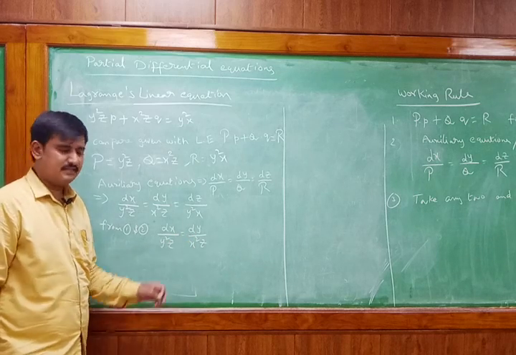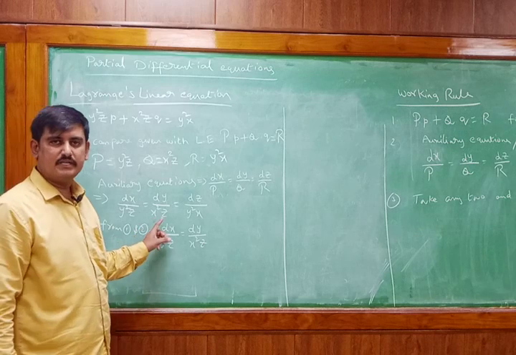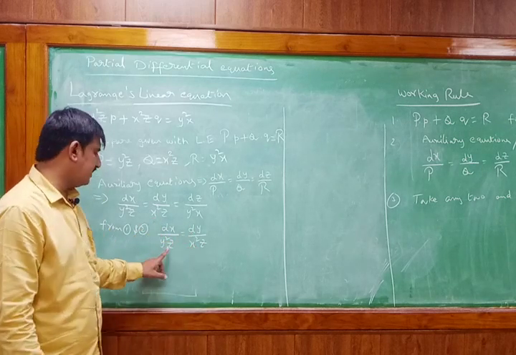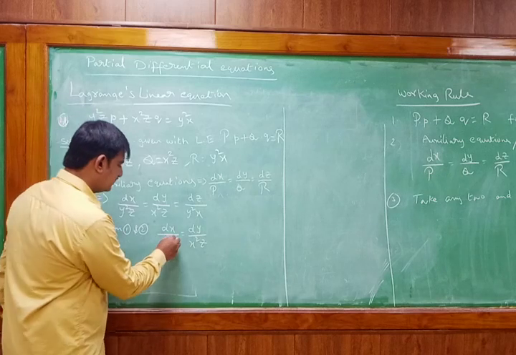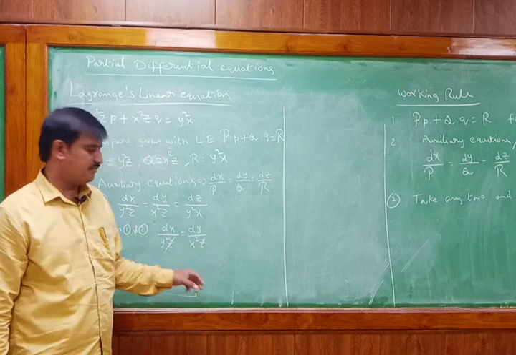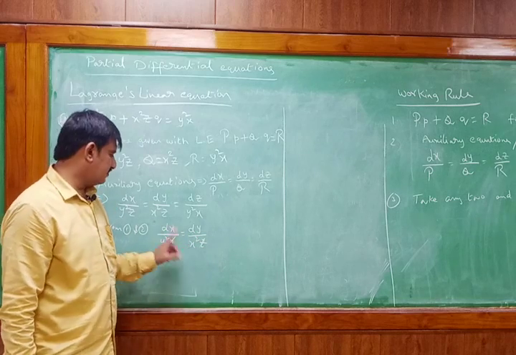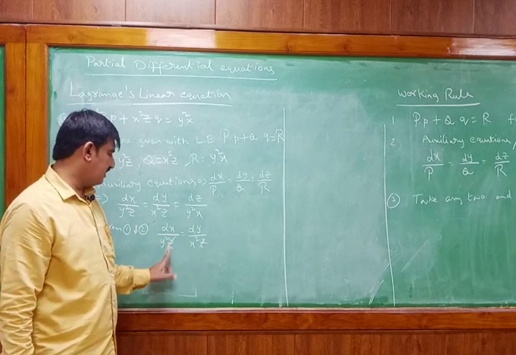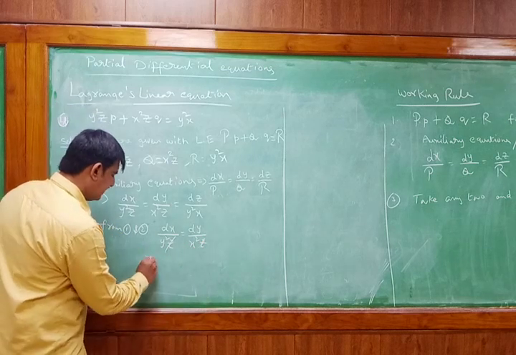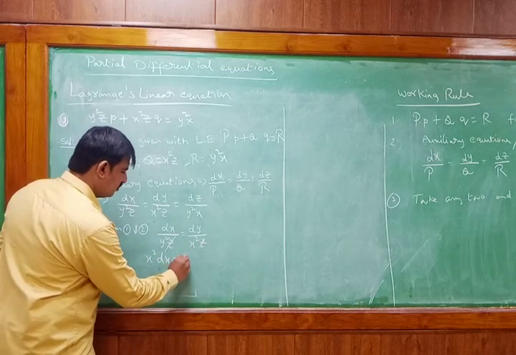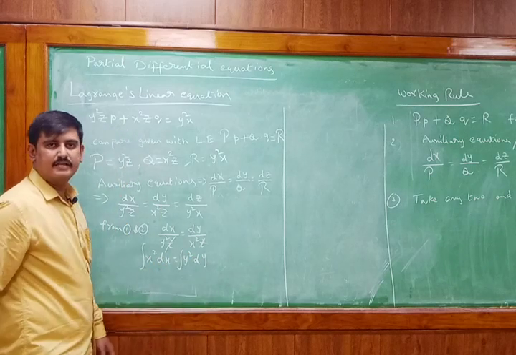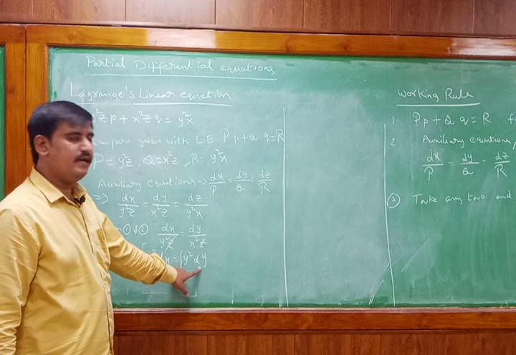As we discussed earlier, whenever we are integrating with respect to x and y, we need to keep only those terms. Here z is additional, so z and z on both sides got cancelled. Now you need to do variable separable. The dx is here, so the x terms also come to this side, and dy is here, so the y terms come to this side. Cross multiplying, I get x square dx is equal to y square dy. Then integrate.